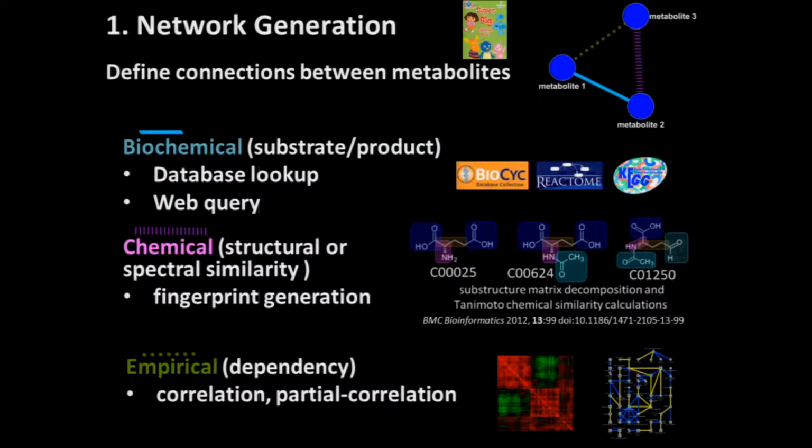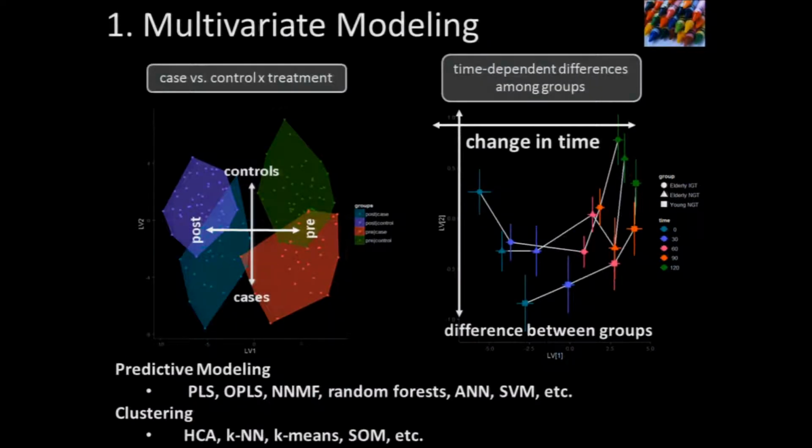So now that we have our network, let's set that aside for a second. Now we need to generate our crayons or our colors that we're going to use. A very appealing technique for doing this is using multivariate modeling. Multivariate modeling is very appealing because essentially we can take infinitely many metabolites and test a hypothesis on them